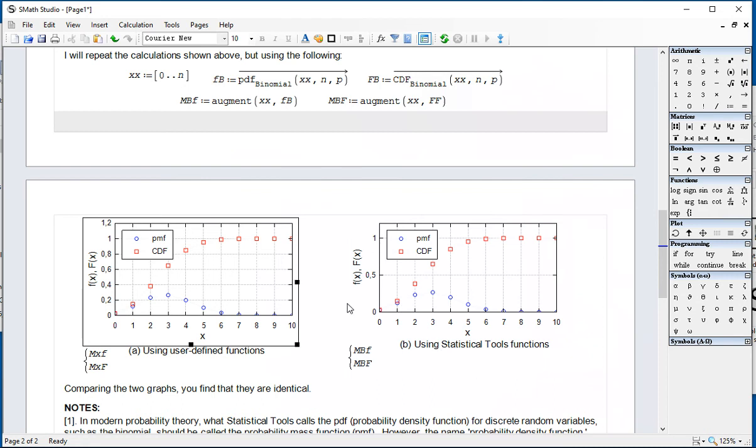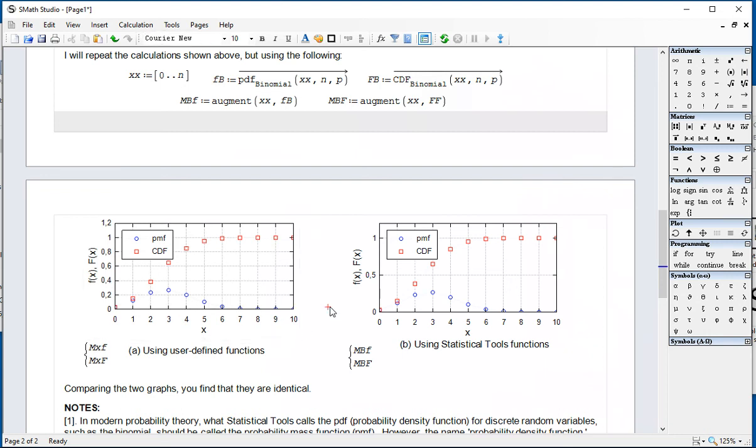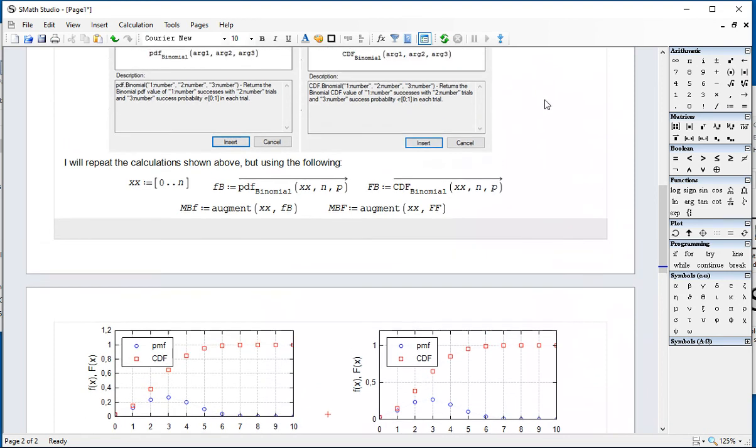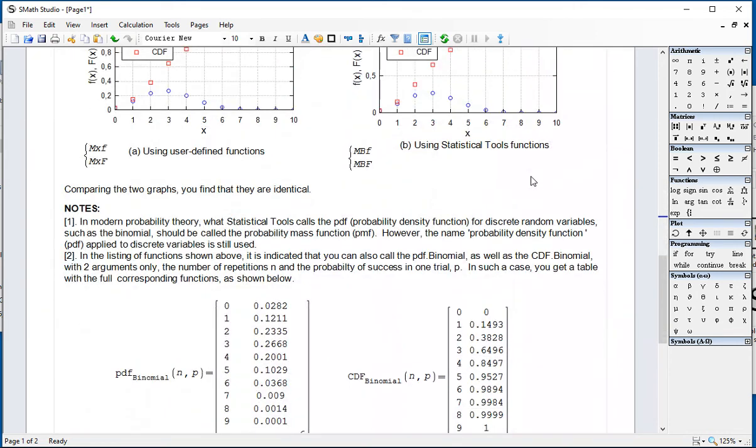And as you can see, this graph is a little bit larger, and then all right. They produce exactly the same graphic. And so the statistical tool has the probability mass function that they call probability density function, and the cumulative distribution function for the binomial, and many other